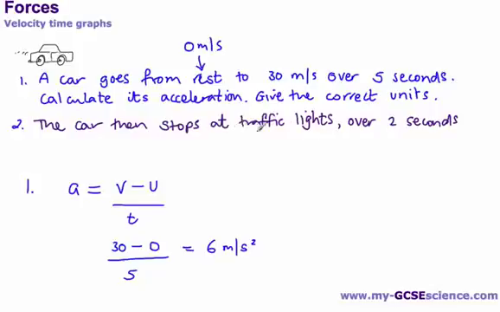So we've got the car then stops at traffic lights over 2 seconds. So again, using the same formula, in this case the car stops, so the stopping is the final velocity, so it's 0 minus, and the initial velocity was when it reached 30 in the first part of the question. So it's 0 minus 30 and tells you it's 2 seconds. So be careful here, because in this case 0 minus 30 is minus 30 divided by 2 is minus 15